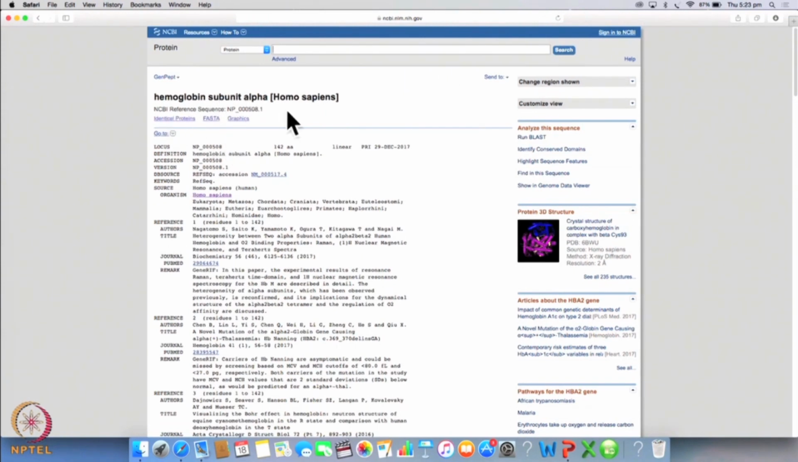So here you will see, very similar to what we saw for the gene, you can actually get all the details for this particular protein. The protein name is hemoglobin subunit alpha, the organism name is Homo sapiens, the sequence length is 142 amino acids, the locus is NP000508, and now when we run a BLAST search,